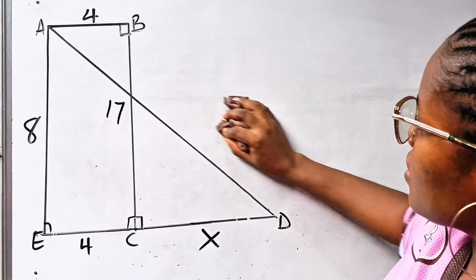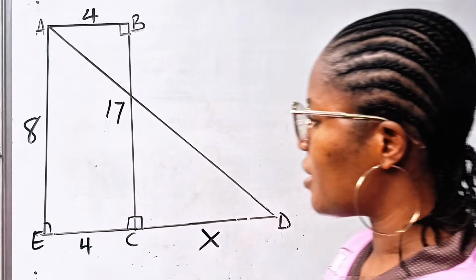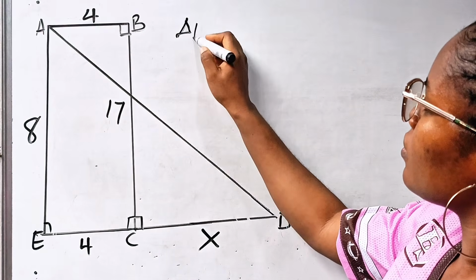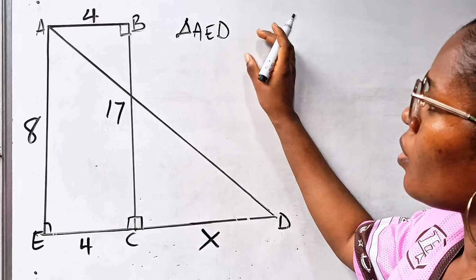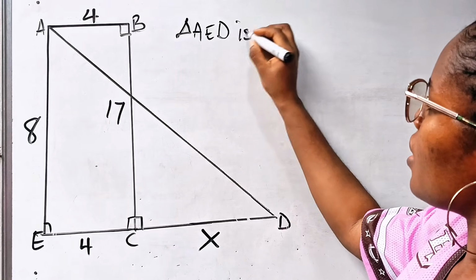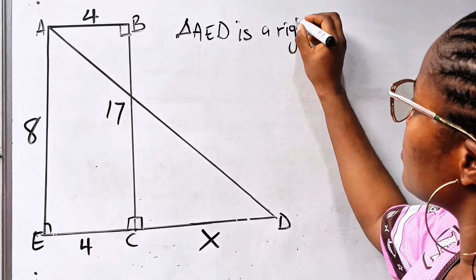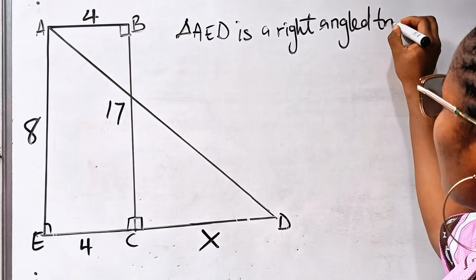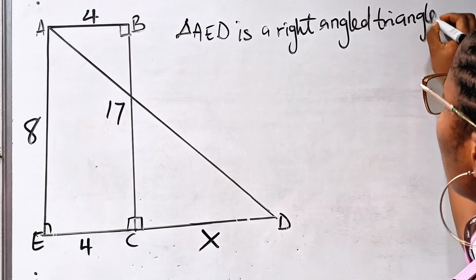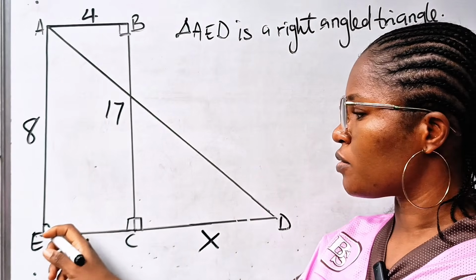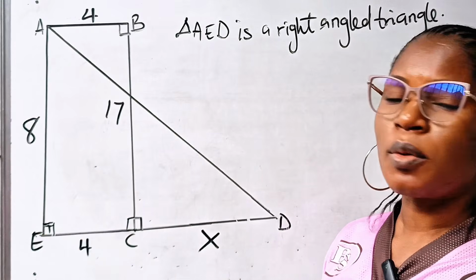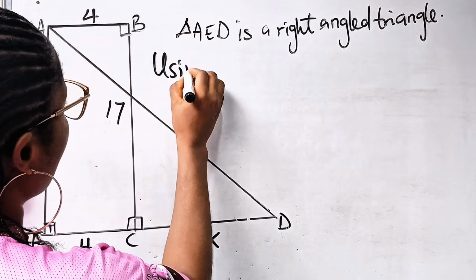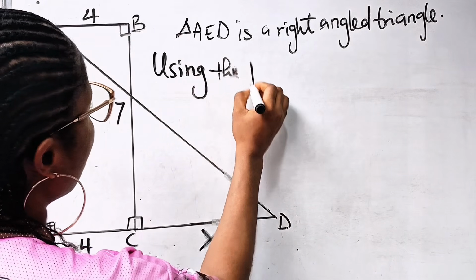Now, let's look at triangle AED. Triangle AED is a right angled triangle, right? Therefore, we can make use of the Pythagorean theorem. So using the Pythagorean theorem,